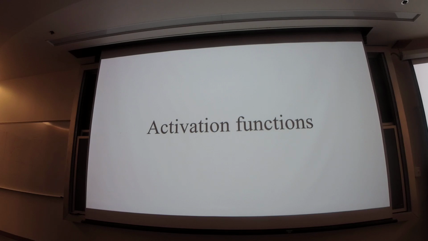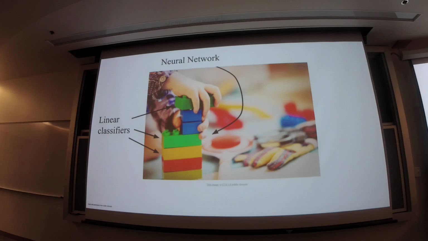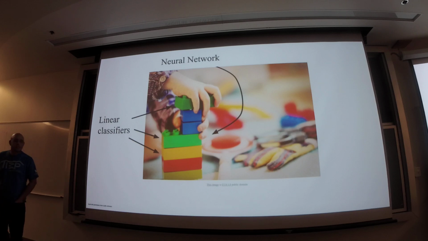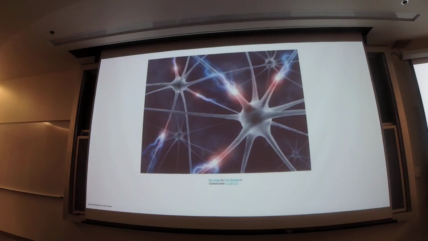So what makes neural networks special is this ability to be really expressive in terms of representing lots and lots of different nonlinear or large families of nonlinear functions. And we get that through these activation functions. So, yeah, remember what we're doing here. We're just building up Legos, and the main tool here is